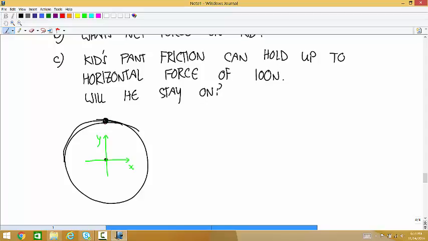The centripetal acceleration is this way. He's going this way. So let's just figure out the centripetal acceleration, and then we'll come back and talk about the tangential. The magnitude of the centripetal acceleration is speed squared over r, which is,